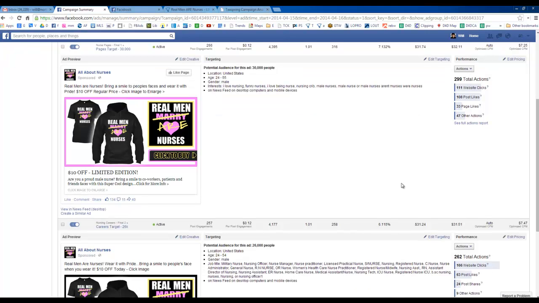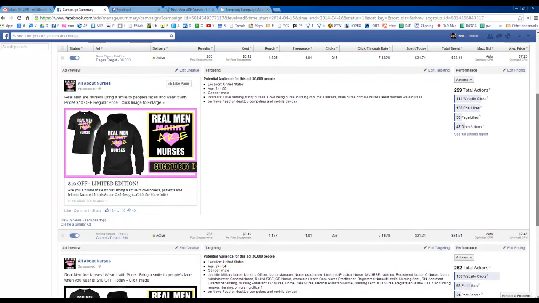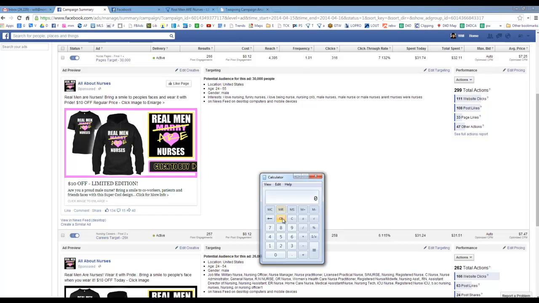Although, wait a minute. I don't know that my math is actually working right. Did I do that right? Because we've got about the same ad spend, and this is more clicks. So hold up. Let me redo this math. I'm wrong somewhere. $31.51 divided by 166. Okay, so scratch everything I just said. No, we're getting 18.9, so 19 cents a click to the website, which is great. Okay, that explains a lot. 19 cents a click to the website for our job title ad.